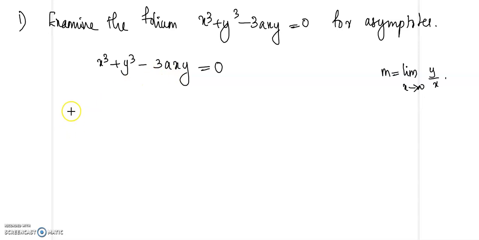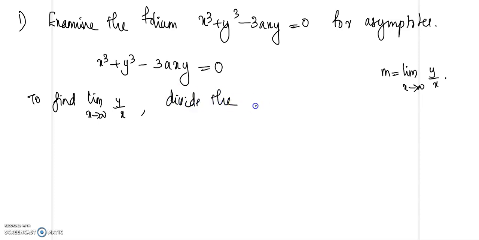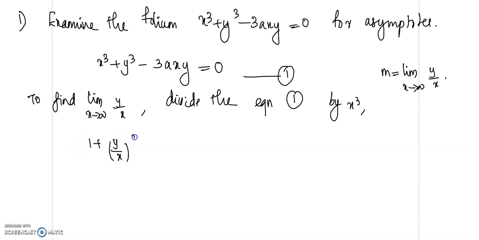Okay. So here, this is a third degree equation. For obtaining the factor y by x in the equation, we will divide throughout by x cube. So to find the limit x tends to infinity of y by x, divide the equation, which is called equation 1, by x cube. So we will get 1 plus (y by x) whole cube minus